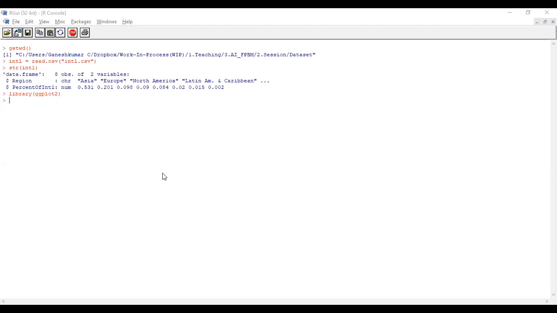Now we are trying to create a bar chart, with region on the x-axis and percentile on the y-axis. As I told you, in R, if you use ggplot, first you have to use the data. The data name is this one. Aesthetic: x is the region and y is the percentile. You can change it the other way also, no problem. Plus geometric, we are using bar. Previously we used which one? Geo underscore which one did we use?